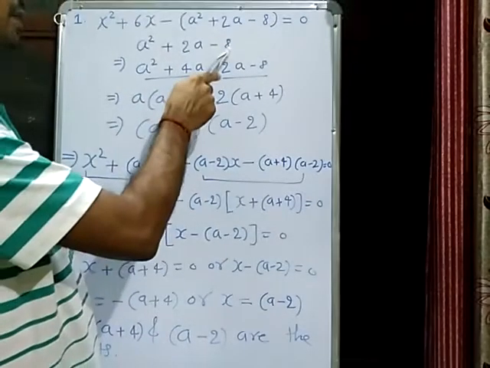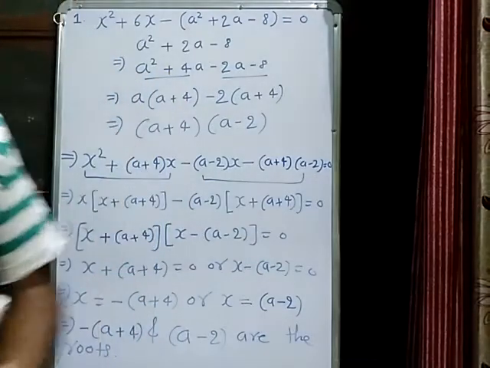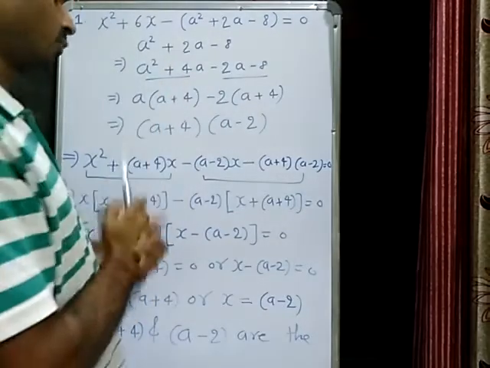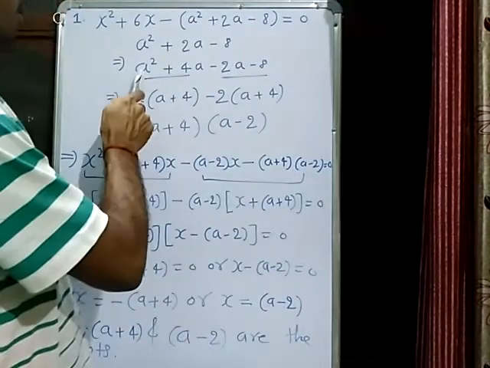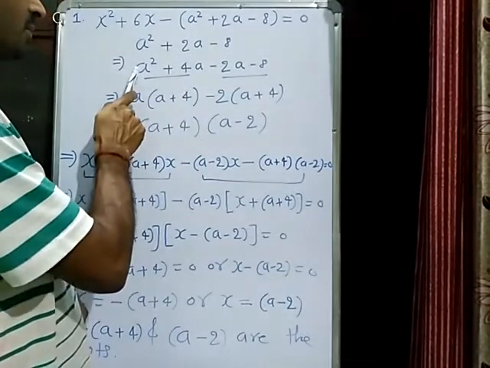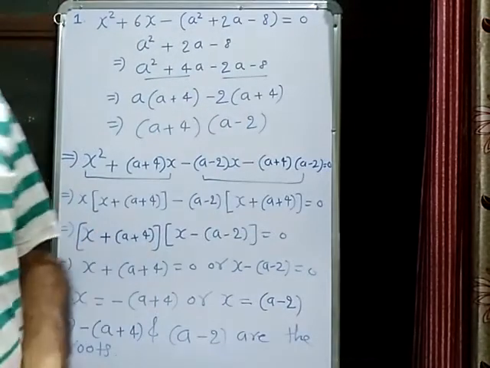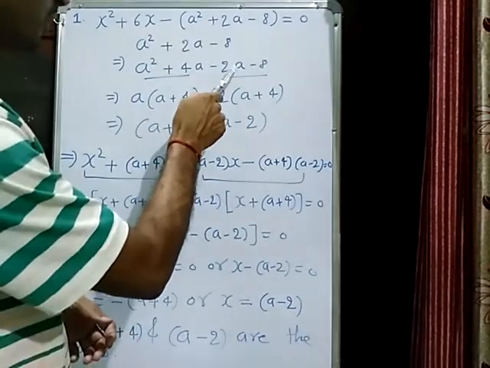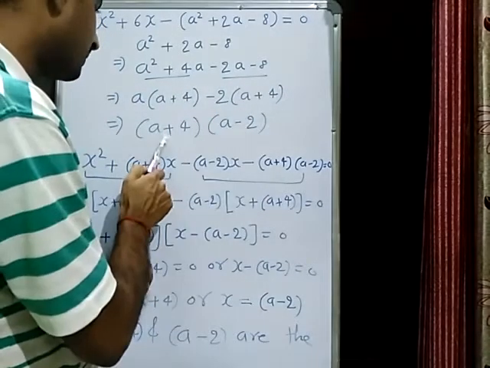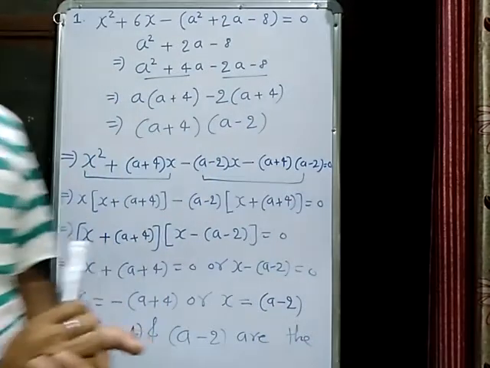To factorize it, make two factors of 8 whose difference must be 2. 4 times 2 is 8, and 4 minus 2 is equal to 2. So in place of 2a, I can write 4a minus 2a. Then take the first two and the last two terms. In the first two, if you take a common, it becomes a plus 4. And in the last two, I can take minus 2 as a common. If minus 2 is common, what is remaining? A plus 4. Now what can we take in common? A plus 4. Here remaining a minus 2. So a plus 4 into a minus 2.